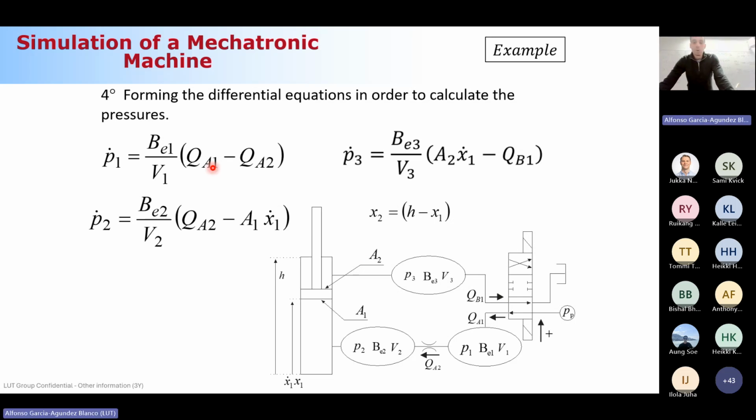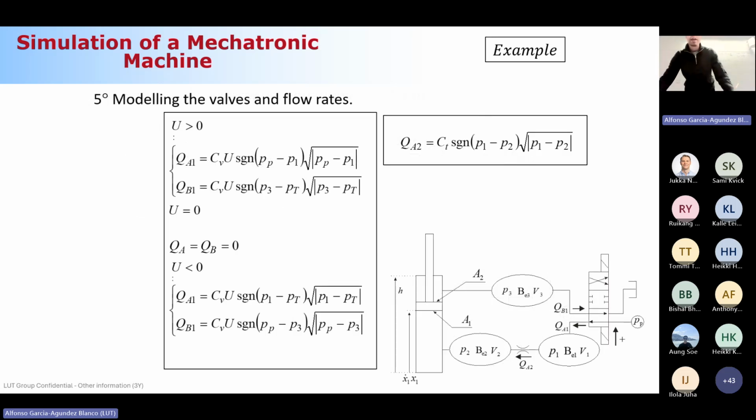So QA1, you agree with me that QA1 comes from the directional control valve, right? And QA2, throttle valve, and QB1, directional control valve. So based on the expressions that we learned the other day, now we are going to include the expressions in our differential equations, okay? So important, remember, we have a directional control valve, and this directional control valve can work in 3 configurations, okay? When we are going to assume, as is shown here, just in case you have this in the exam, okay? If you have the directional control valve and a plus with an arrow here, it means that you are considering positive,